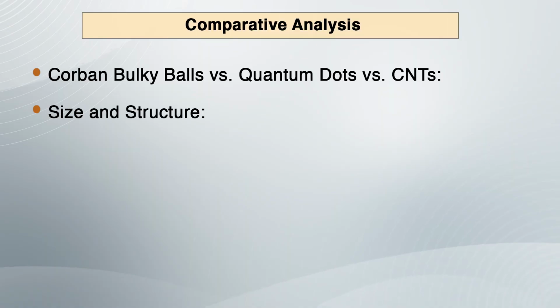Let us do a comparative analysis between carbon buckyballs, carbon nanotubes and quantum dots. In terms of size and structure, carbon buckyballs. These are spherical